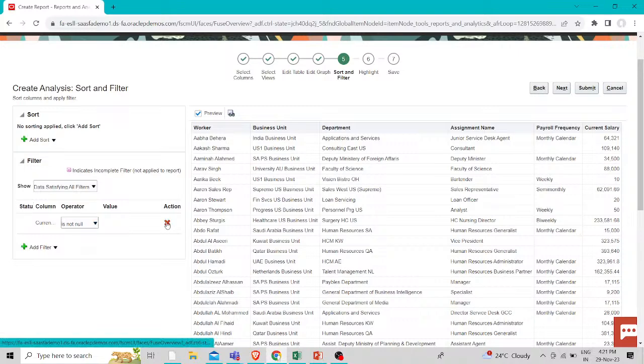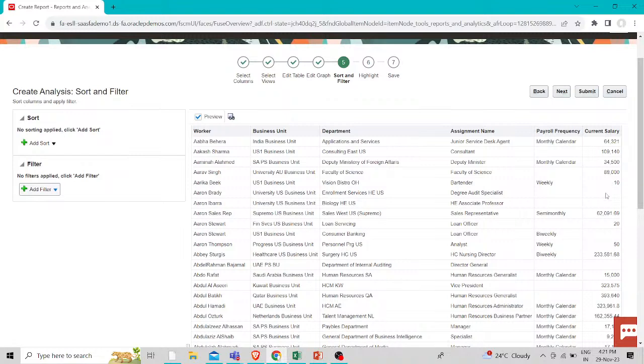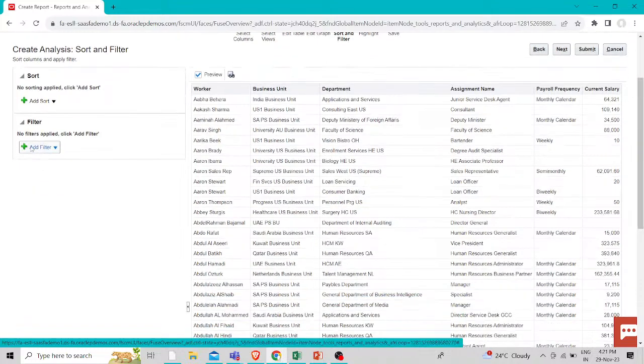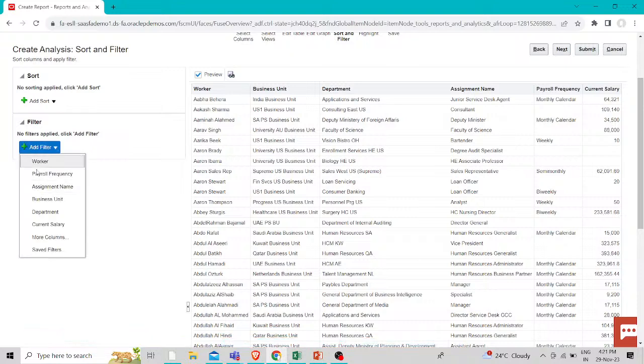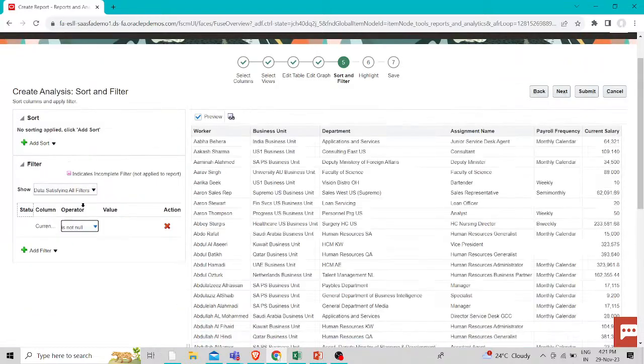If I remove this filter, then you can see the blank ones are here now. So for more informative reports we have to add the filter to our current salary. In the operator you have to select is not null. Okay,